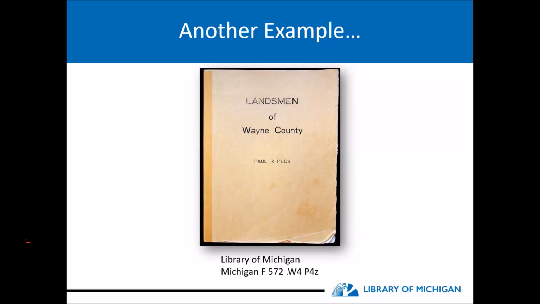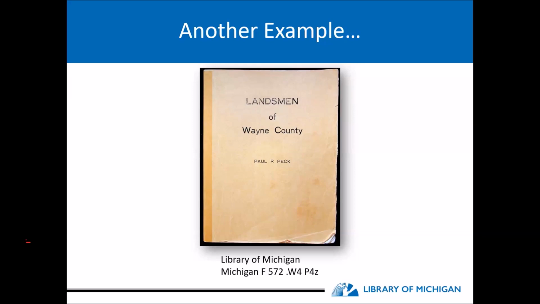Lastly, what's very beneficial in this book is there's an index of names in alphabetical order, and you may be able to find a description of the land, its acreage perhaps, and maybe even a patent date for that piece